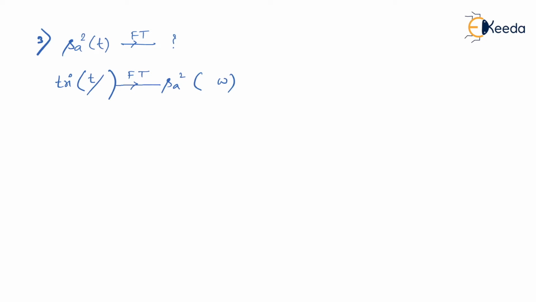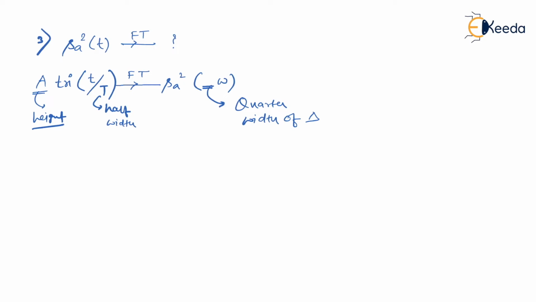Am I right? And what we have over here is the height of the triangle. So there are two things which I need to see, that is capital T and A, where T is nothing but half width and A stands for the height of the triangle. So what I really want to find is capital A and capital T. We know that there are two things we observe after having a Fourier transform, that is the coefficient of omega, which is always a quarter width of the triangle, which is 1. If nothing is there, it means it is 1.